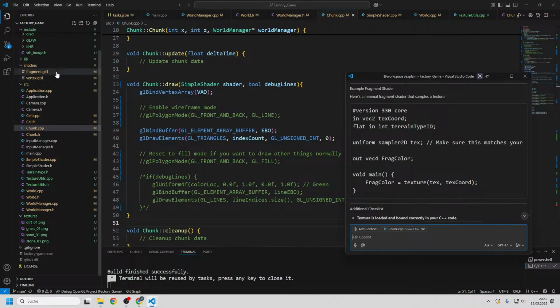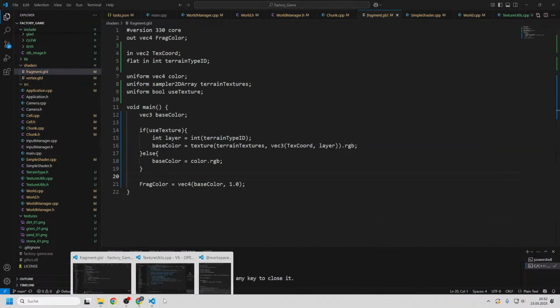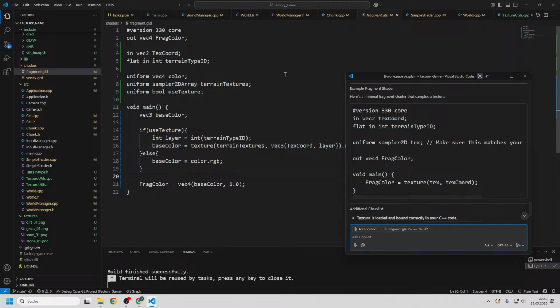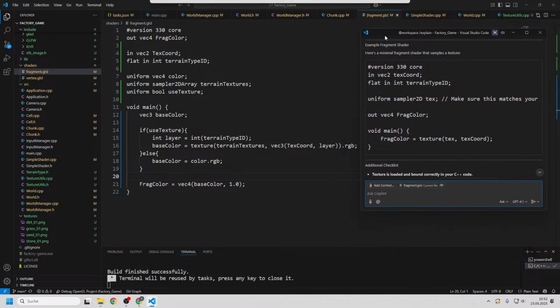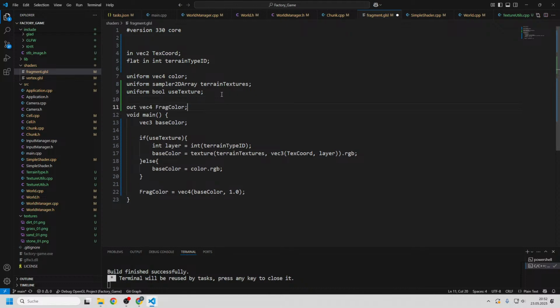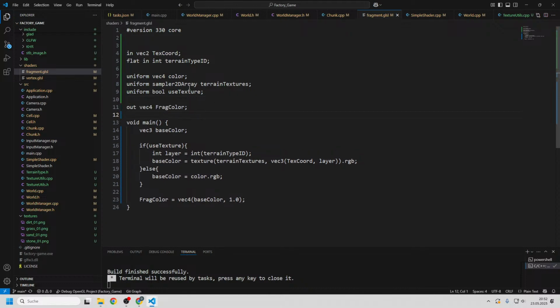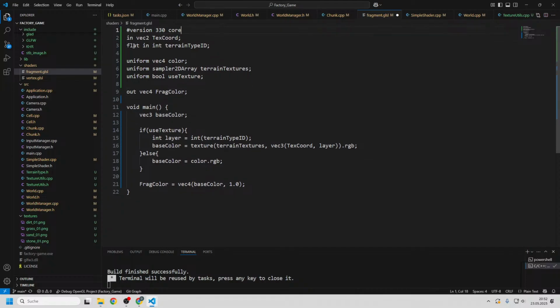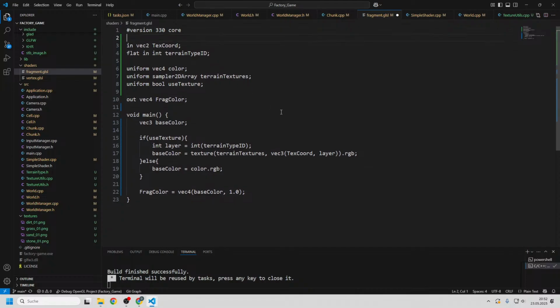Let's check our fragment shader then one more time. I get the text board. Don't think that the order really matters here. And well,